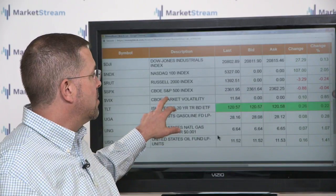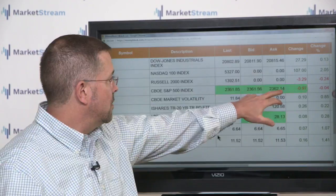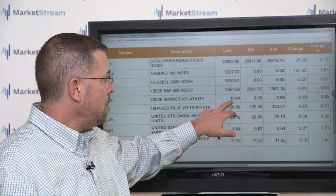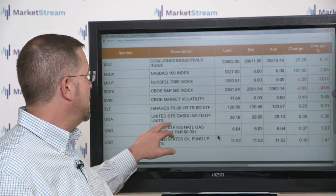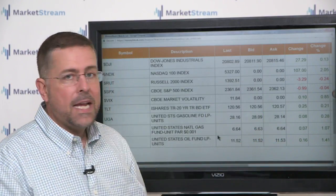And you have the S&Ps down. The SPX is down about 96 cents, as you can see right here. You still have volatility, a slight bid, but still hasn't broken through that $12 mark. You have bonds holding up 25 cents on the TLT. And then you have the commodity markets still holding up. And after that bullish API, American Petroleum Institute